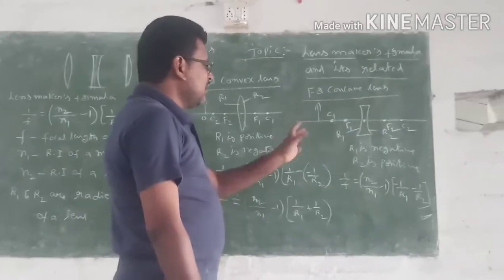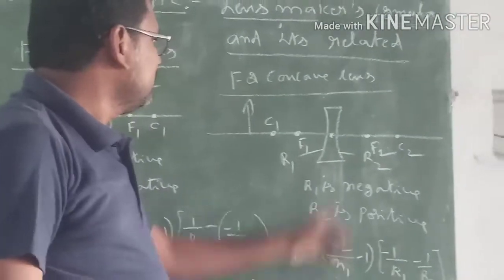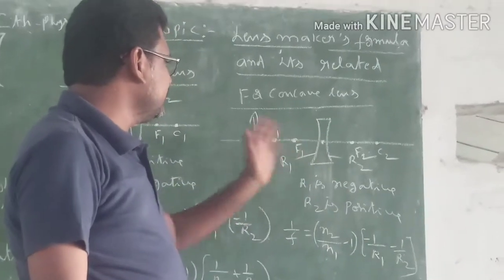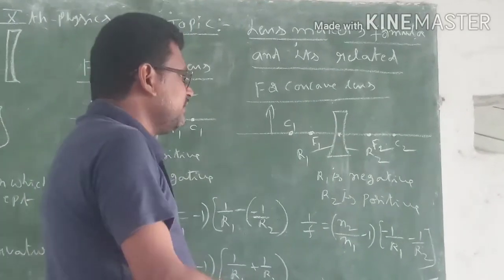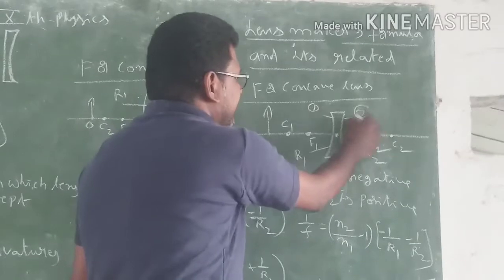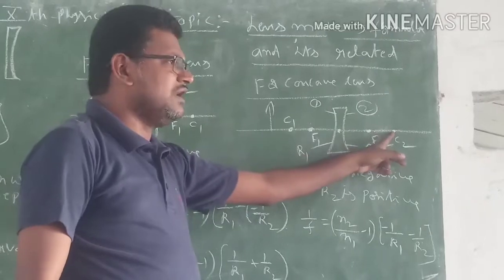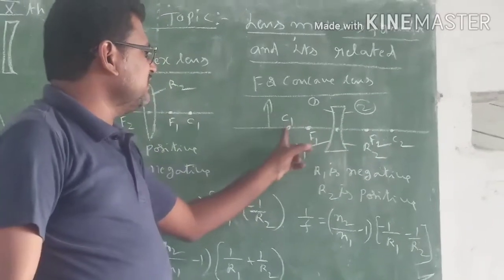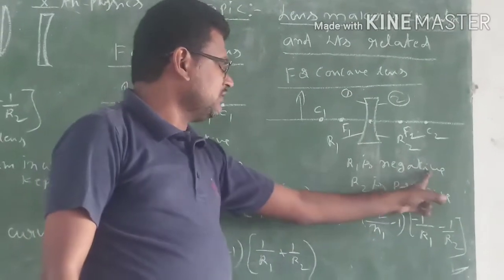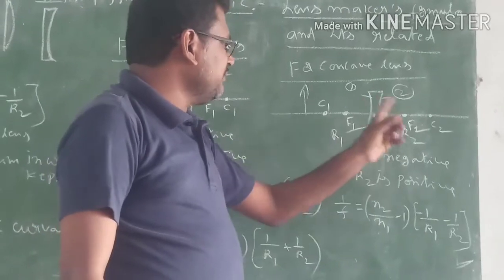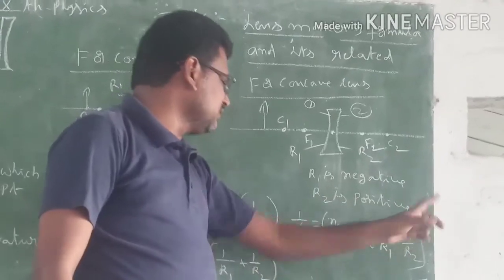Now let's see how the lens maker's formula changes for a concave lens. So this is a concave lens. Here we have taken the object on this side. So this surface is taken as 1 and this as 2. Then its radius is r1, its radius is r2. See here, we measure r1 opposite to the direction of incident light rays, so r1 is negative, and r2 we measure in the direction of incident light rays, in this direction, so r2 is positive.